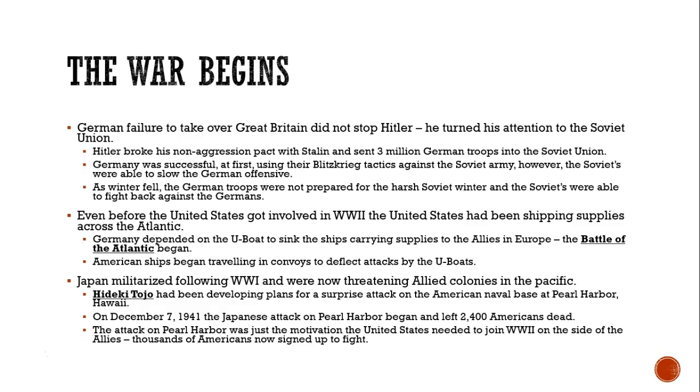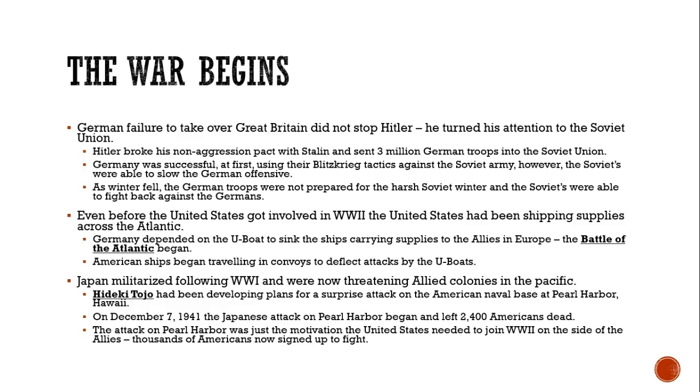Germany was successful at first, using blitzkrieg tactics against the Soviet army, but the Soviets were able to slow the German offensive. As winter fell, the German troops weren't prepared. They didn't have the type of jackets that they needed to survive the harsh Soviet winter, and the Soviets were